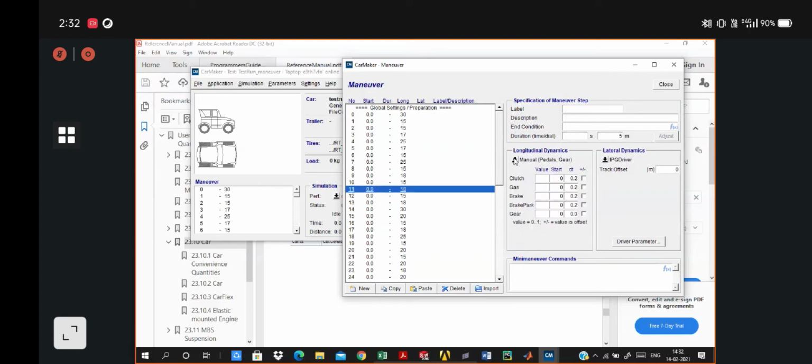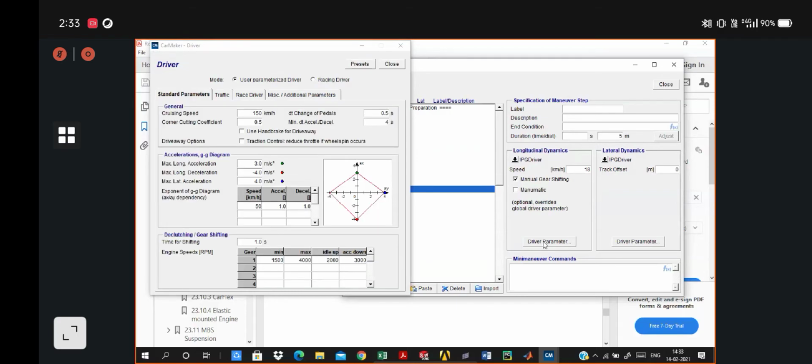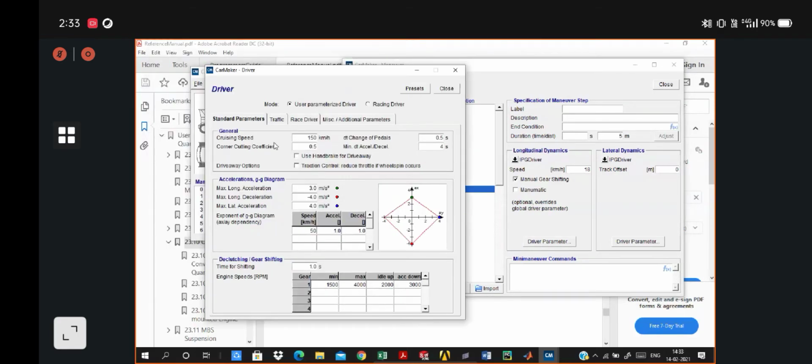Now I'll just go with the IPG driver. Under the longitudinal dynamics, you can define your driver parameters. In the driver parameters, as I explained earlier, you can select the presets: normal, defensive, and aggressive. You can define the cruising speed, corner cutting coefficient, your acceleration, longitudinal dynamic, and lateral.